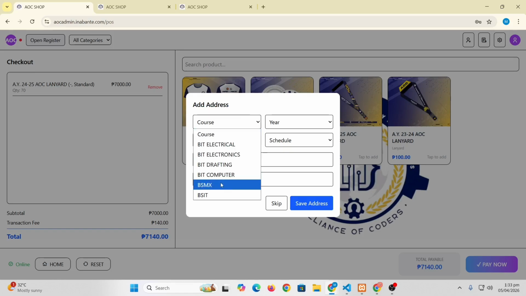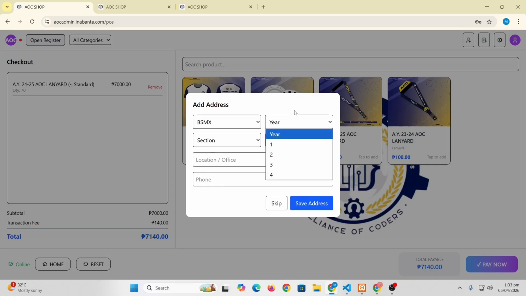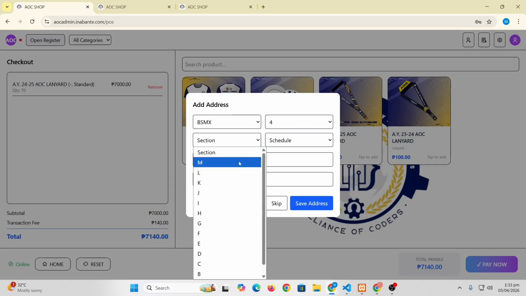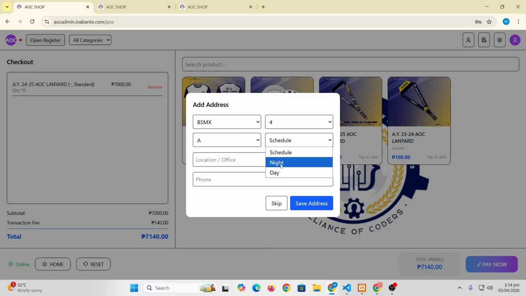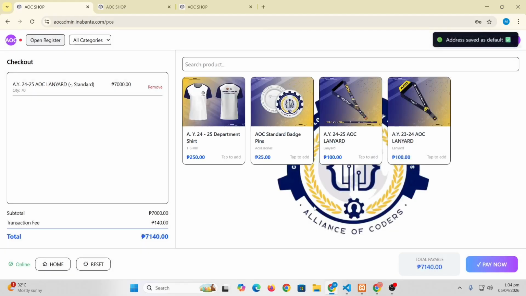For example, it's from BSMX. If it is a student, BSMX for fourth year, let's say A-Night. For its location, let's just skip that one. Let's save the address. So we saved the address for our new user.